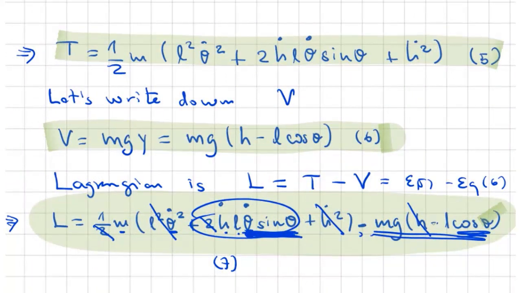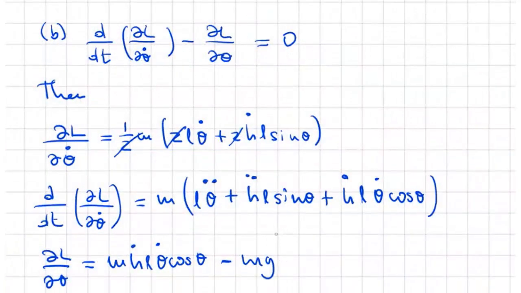But I have a minus sign here, and minus with minus is plus, so I still have this minus here, and I will have minus mgl sine of theta. And I have these 3 terms,